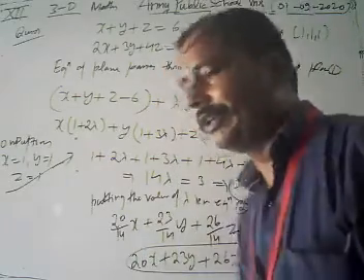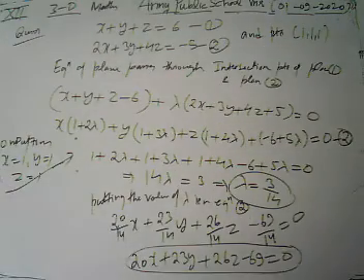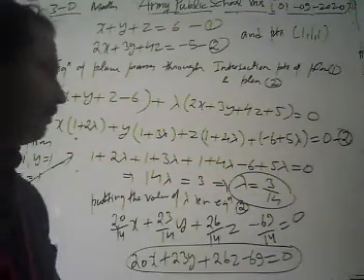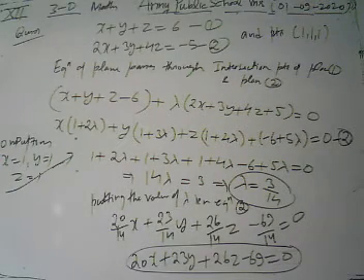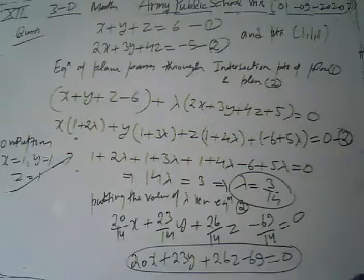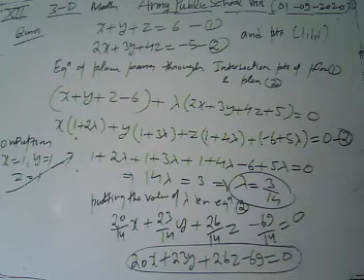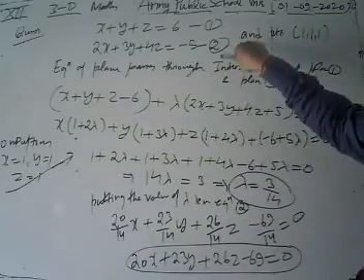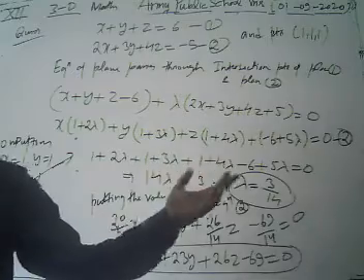This is our equation of plane. What is our equation of plane? It's just 20x plus 23y plus 26z minus 69 is equal to 0. Also we can write it as 20x plus 23y plus 26z equal to 69. This is our equation of plane, which passes through the intersection of these given two planes and also passes through the point 1, 1 and 1.